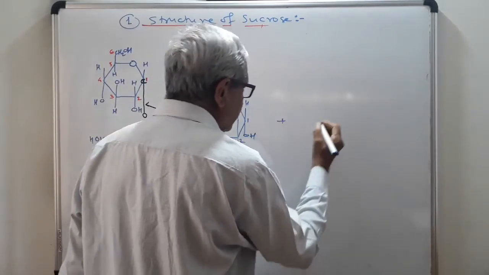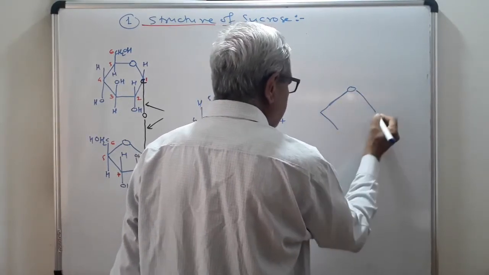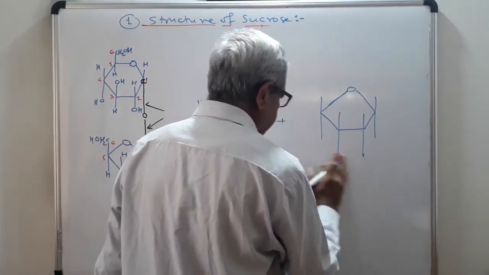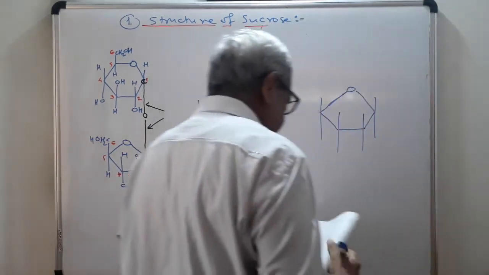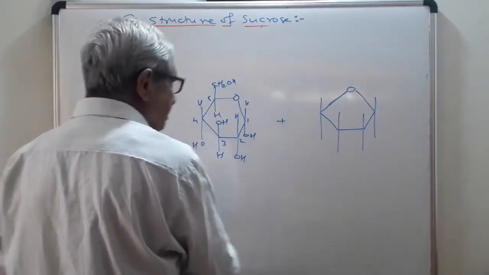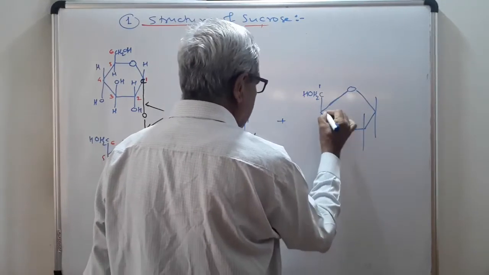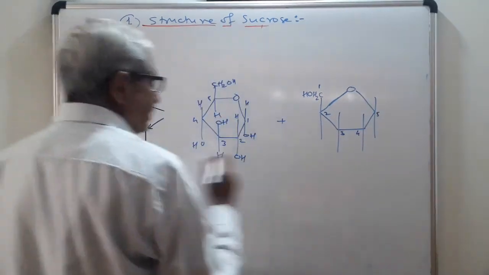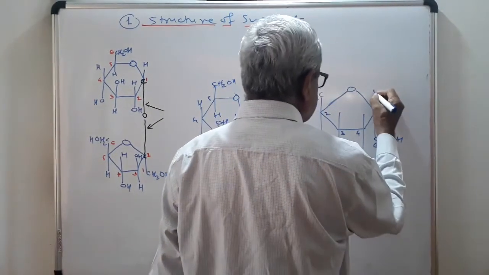Then it will react with beta D fructofuranose, carbon number 2. Now see the carbon number 2, you can also indicate it in this way. This is carbon number 1, it is below, so you will take it above. CH2OH, 1, 2, 3, 4, 5. Carbon number 6 is above, therefore you can take it below. CH2OH, carbon number 6, hydrogen.